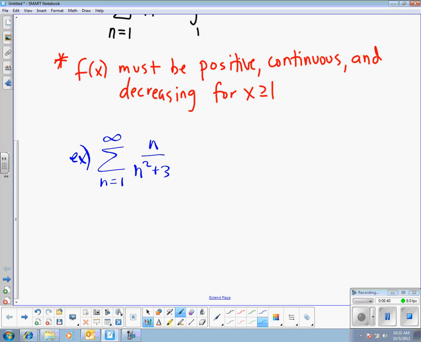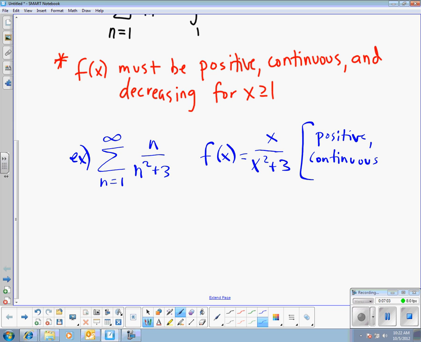So this is the series form. We're going to turn that into a function just because when you integrate you deal with f of x instead of n's. So we're just going to call it x over x squared plus 3. Okay? Which is positive, continuous, and decreasing for x greater than or equal to, technically this one is at 2, and